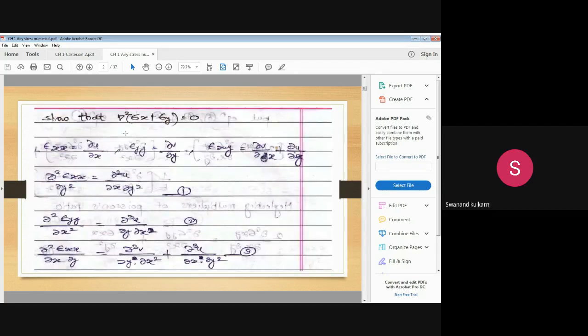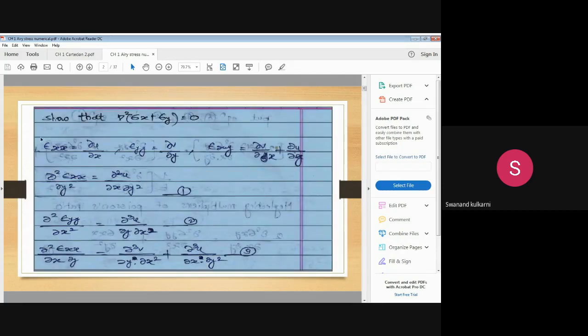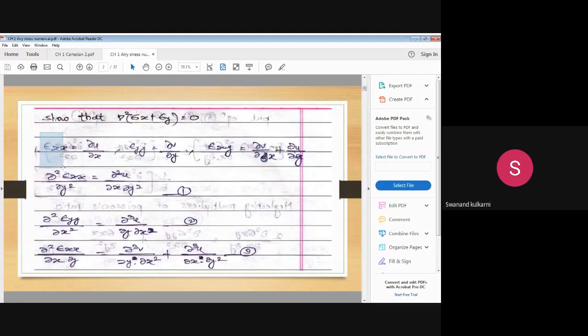Then the strain along y-axis, that is epsilon yy, is equal to dou v by dou y. The third thing is the shear strain epsilon xy, which we proved as dou v by dou x plus dou u by dou y. So these three things we proved initially: the strain along x-axis is dou u by dou x, the strain along y-axis is dou v by dou y, and the shear strain is dou v by dou x plus dou u by dou y. Is it? So that concept we have already proved.